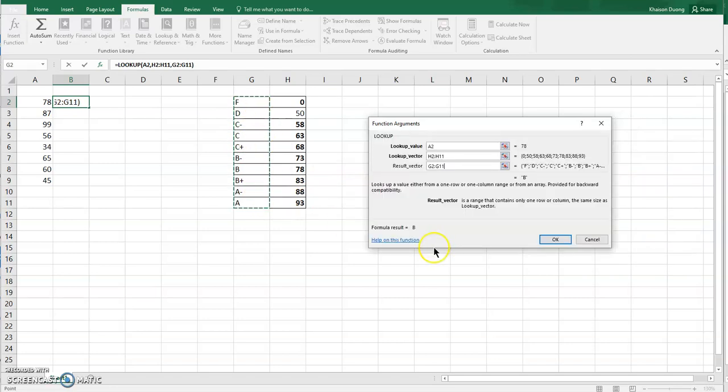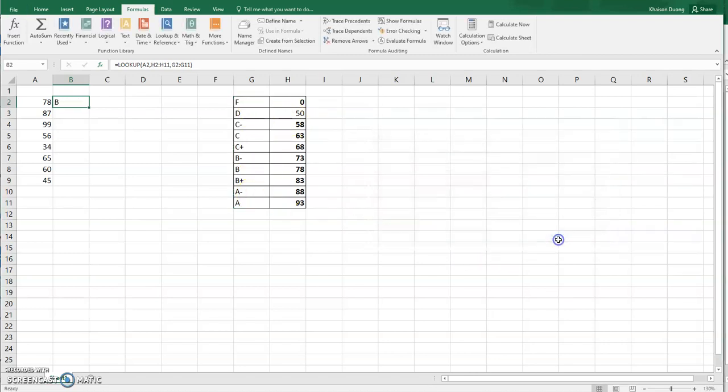If you need to pause, take a look at what it corresponds to. Then I hit OK, and you can see that that gives me B. So 78 was actually right here, right? From 78 until 82.9, so right between there, I do in fact get a B. So that's correct. Now, I'm going to try to autocomplete this, and I'm going to get some wrong answers,